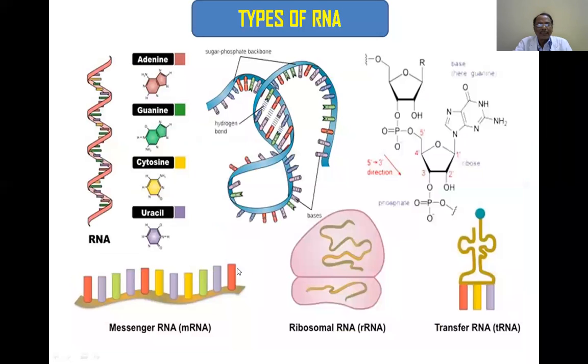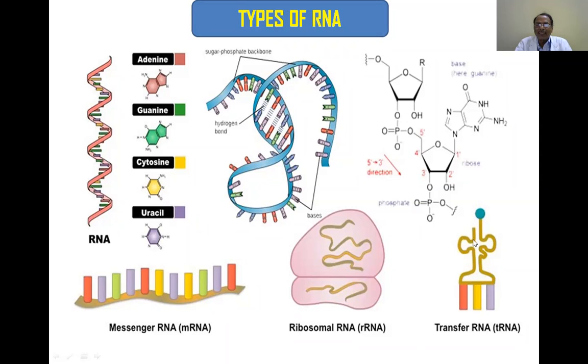And these are the three types of RNA. mRNA is a linear RNA, whereas ribosomal RNA is also a linear one with some secondary structures, but mainly present in the ribosomal assemblies in a cluster manner. And tRNA needs a little bit of discussion. tRNA is clover leaf in nature. You see? Clover leaf in nature.